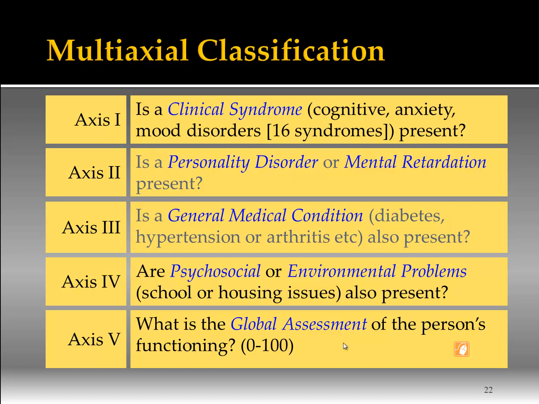Axis 2. The last axis that we have is the newest axis that came in actually in 1980 with the revision to the DSM-4, and it's related to the global assessment of an individual's functioning. And here what we do is we take a look at everything that's kind of wrong in 1, 2, 3, and 4. Here in 5, we actually come back and say, well, gee, with all that stuff going on, where do they stand today? Do they need to be in therapy, not in therapy? Do they need to be hospitalized or whatever?